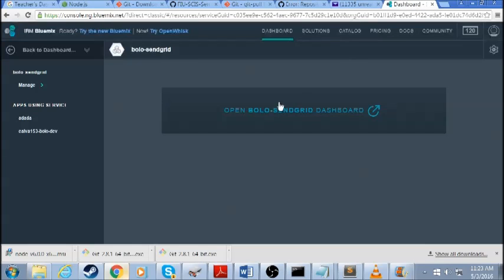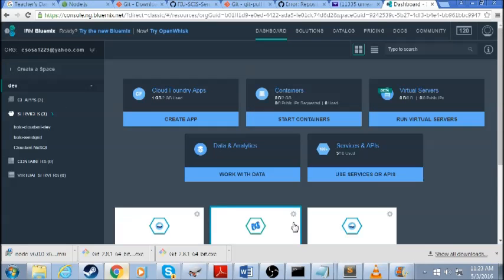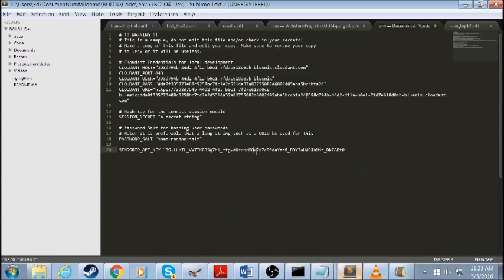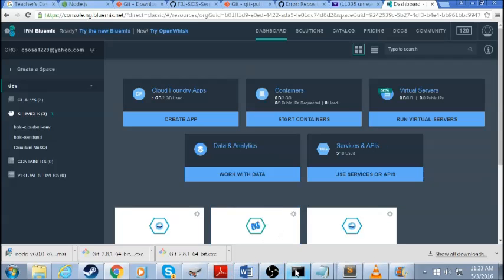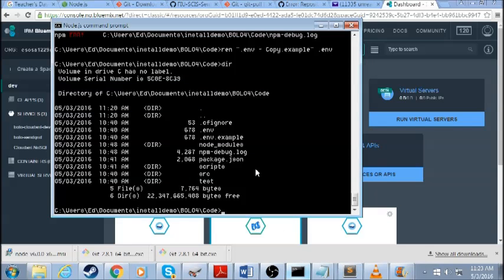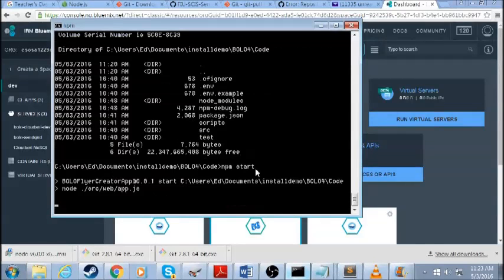So I'll close this out, head back to the dashboard, and go back to my environment file. So this should be good to go. I'll just save it. And now I can run the npm start command in my project directory, and it should find those credentials and